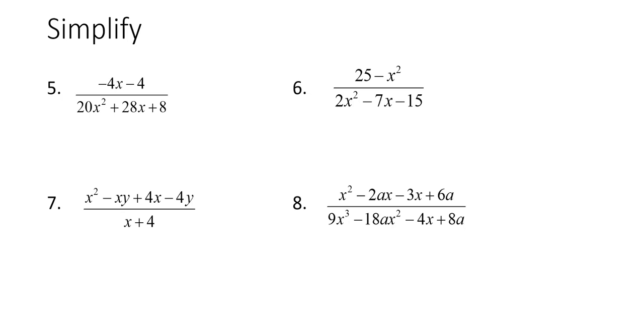All right, let's take a look at number 6. Number 6, the factoring gets a little bit more challenging. We've got a 25 minus x squared on the top. We've got a 2x squared minus 7x minus 15 on the bottom. So on the bottom,